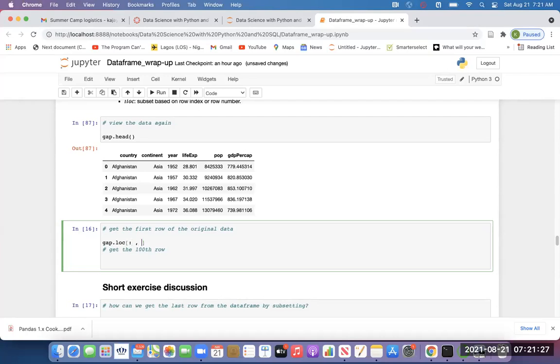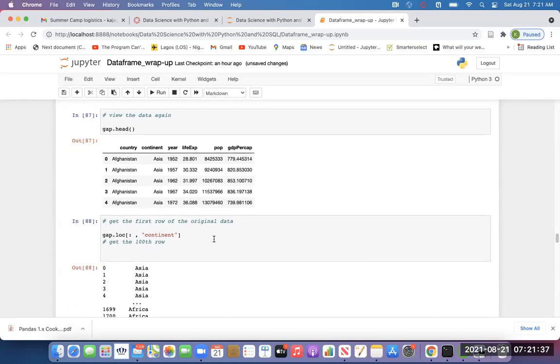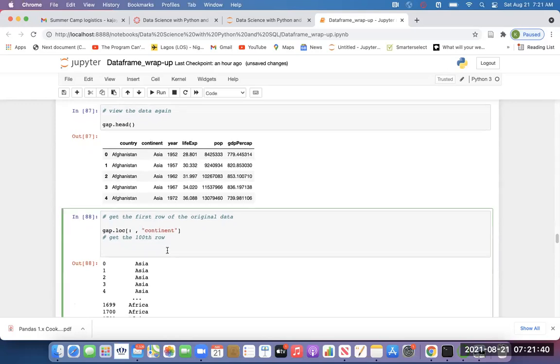So if I put a column name here, like let's say I want only continent, this will just give me all rows for the continent. And we can select multiple ones, just like we did there. We can select the year, the country, let's say continent, we want to select continent, we want to select, let's say life expectancy, and let's say we want the